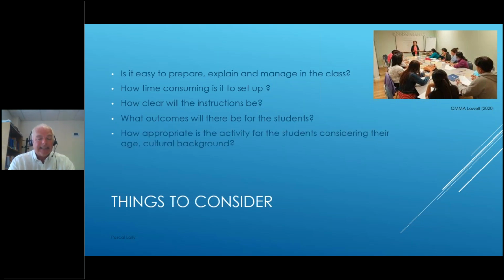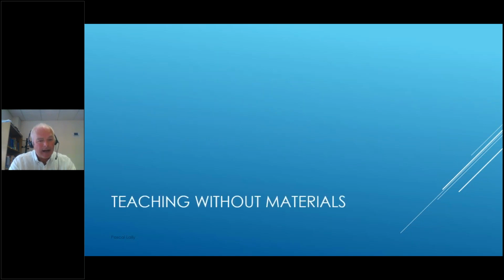And lastly, the cultural aspect. Is it appropriate for the groups that I'm going to be teaching to use situations that they may not be familiar with, may not be comfortable with, or may not quite fully understand or engage with? So if those are things that you've been considering in terms of materials, then possibly how can you teach better without using published materials, without using supplementary photocopies? Things to consider here would be